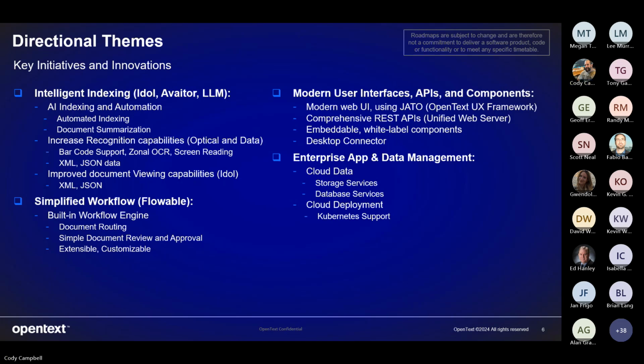We have an enterprise class workflow engine in OPA, the OpenText Process Automation Suite, we rename products frequently around here, but what was formerly AppWorks is our enterprise class workflow engine. And that allows you to do anything from invoice processing to large accounting workflows for approvals, document reviews, any kind of document-centric workflow that you could think of to kick off different services can be done within that engine. But even if it's low code, it still requires an administrative or development role to be able to manage it.